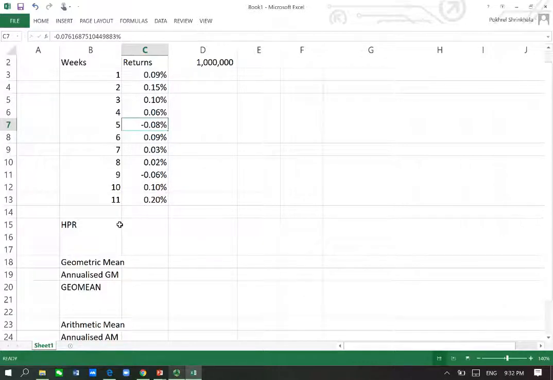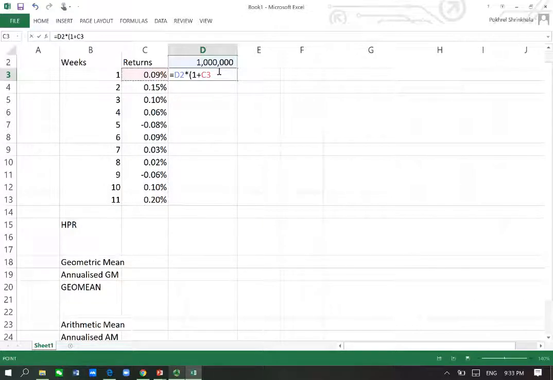So we would like to learn, for continuing to hold this investment, what is the yield called holding period return. So to find that, the 1 million at this